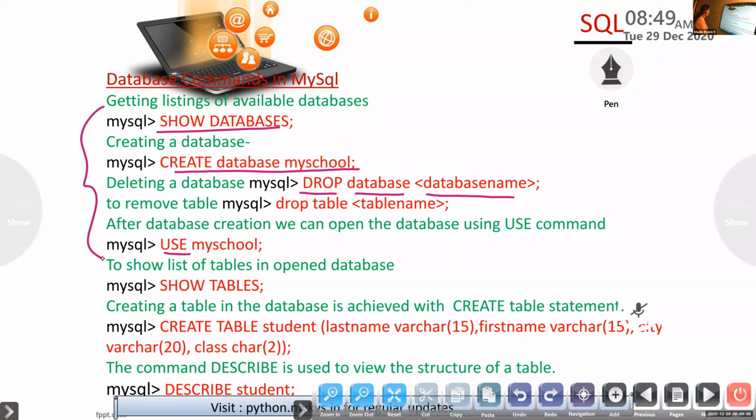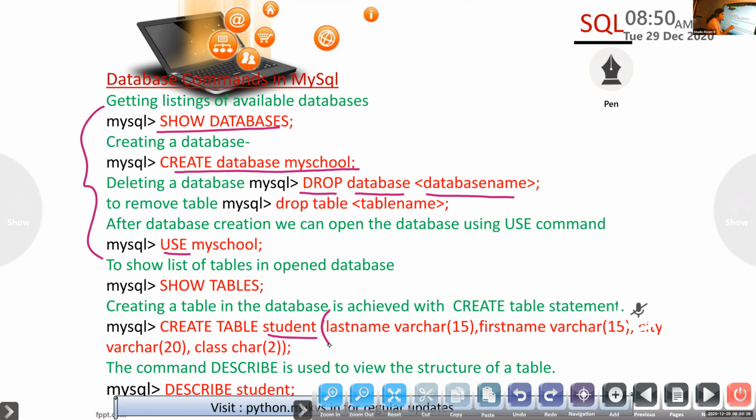Okay, now listen. In order to create a table, the statement is create, this is given with an example. So create space table, these two words are keywords. That is compulsory words that we need to use. Then student, that is the table name you want to create. Is that clear? Then open a round bracket.